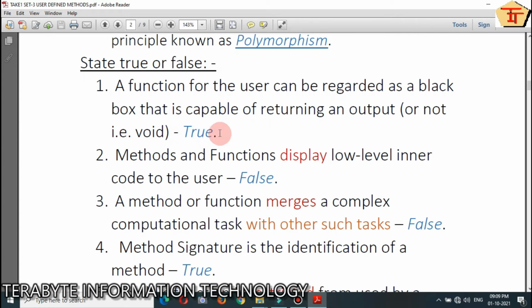The answer is true. Question number 2: methods and functions display low level inner code to the user. The answer is false. Question number 3: a method or function merges a complex computation task with other such tasks. The answer is false.